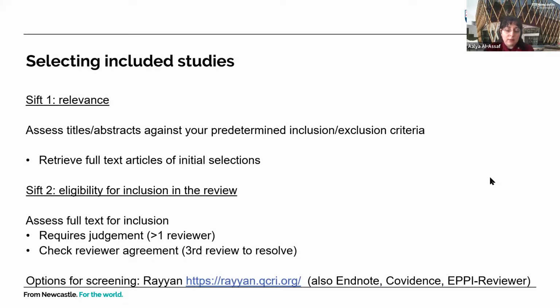if there's any disagreement between them. If they don't agree with each other on whether to include those studies or not, then the third reviewer will resolve this issue. Okay,